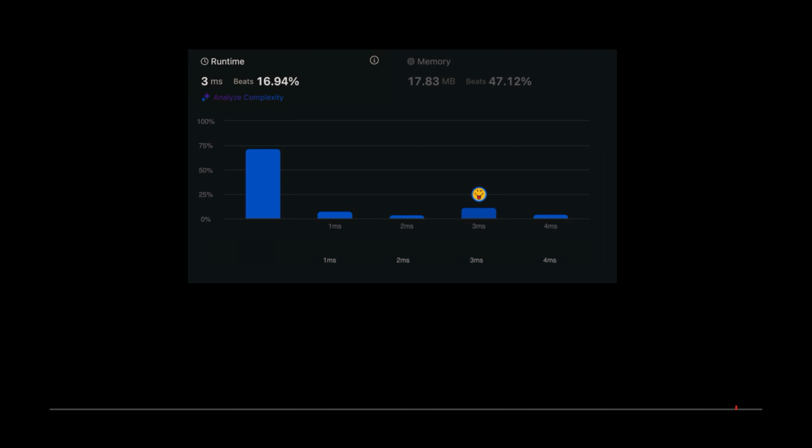This code, when submitted on LeetCode, beats nearly 17% of the submissions in terms of runtime and 47% in terms